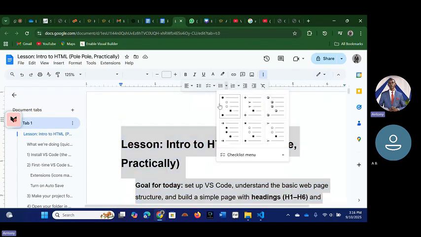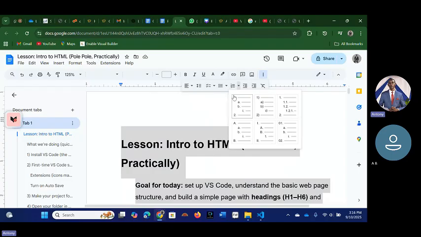WordPress does not know this kind of bullets. It only knows this one here that is rounded. These other ones it does not know. And when it comes to numbers, it only recognizes numbers 1, 2, 3, 4, like that. So numbers that have alphabets in them and maybe 0, 1 like this one, they don't recognize these ones. So that is with the list.